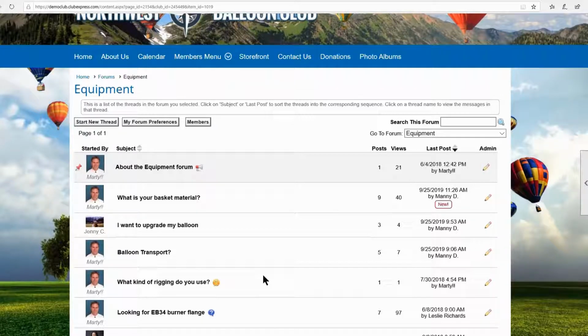So I think that's pretty much what I wanted to show as an overview, looking at it from a couple of different points of view: as someone that's not logged in, as someone who's logged in just as a user, as someone who's logged in as a moderator, and as someone who's logged in as an administrator.